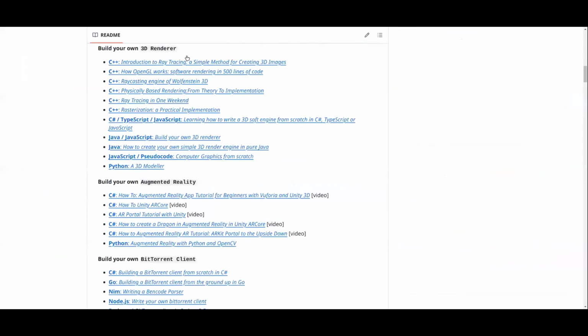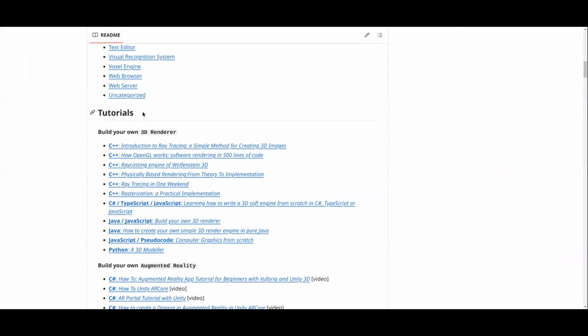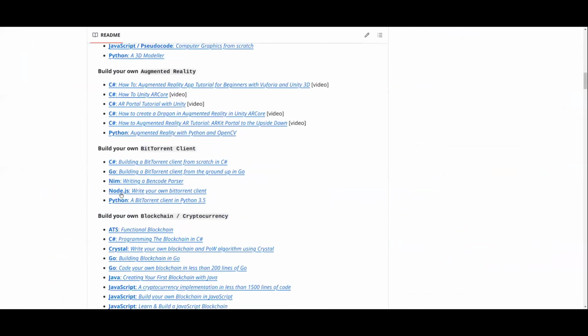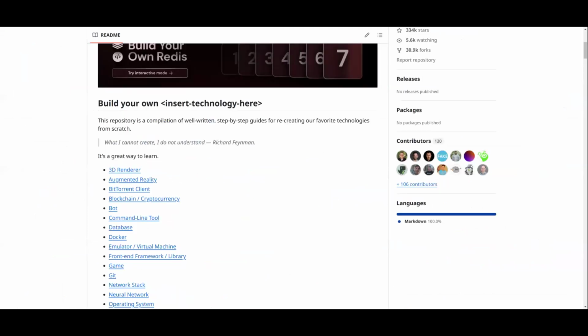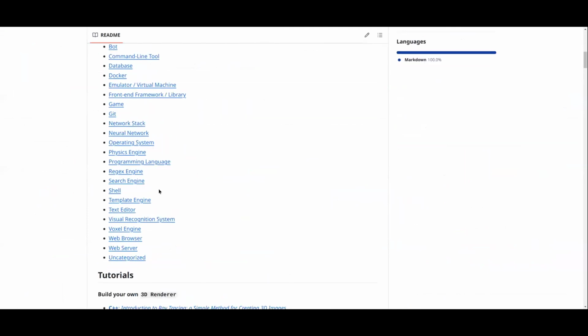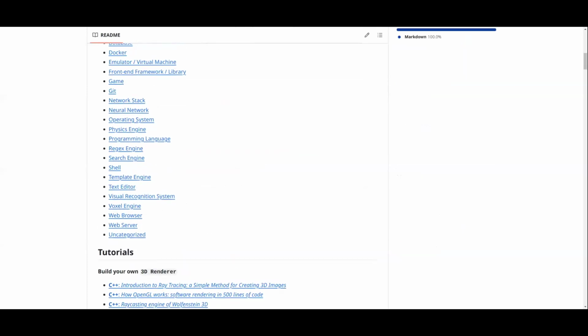For instance, if you want to make a 3D renderer, it could show you how to do it in C++, C Sharp, or Python, and it will help you get a direction of where to go. They have more simplistic things and more complicated things, but it's a pretty large list of things that you could do.